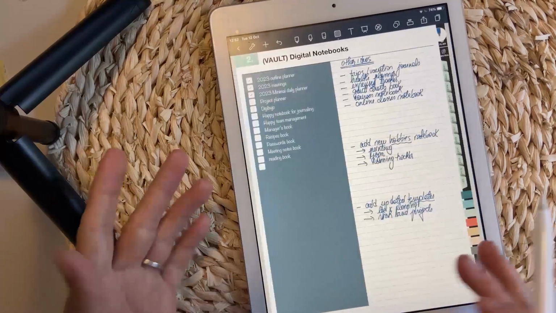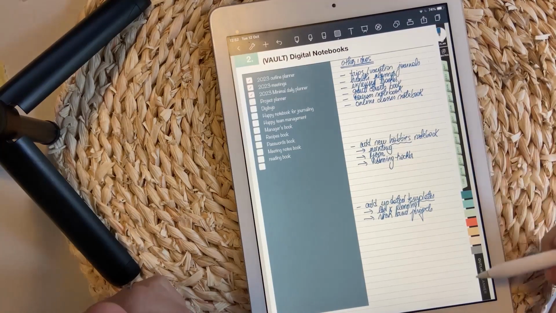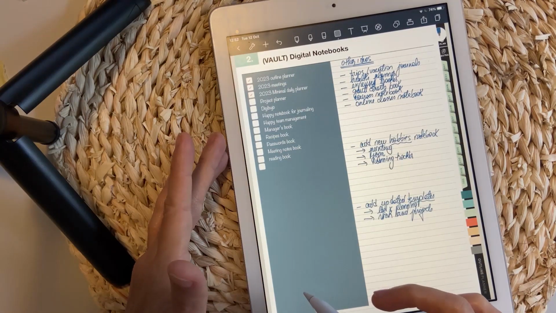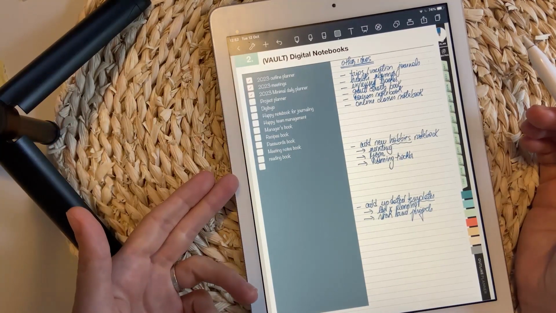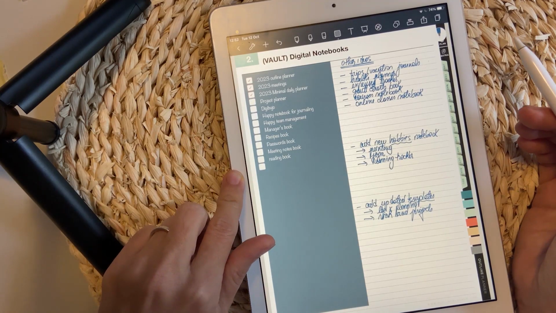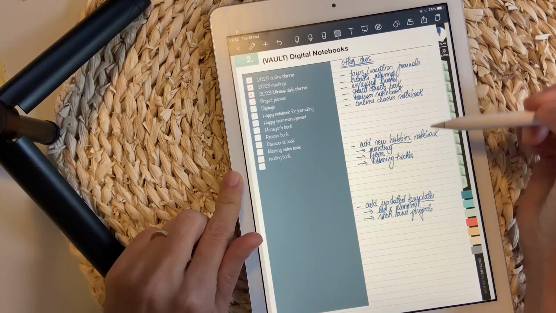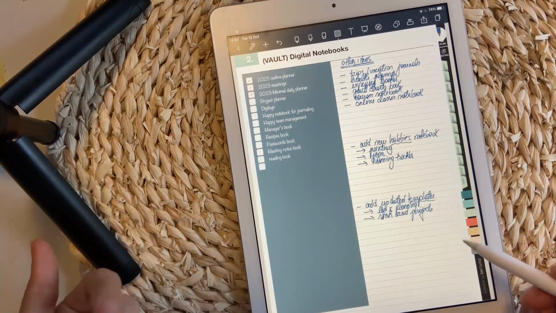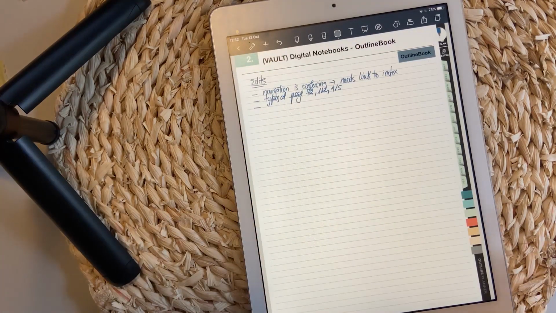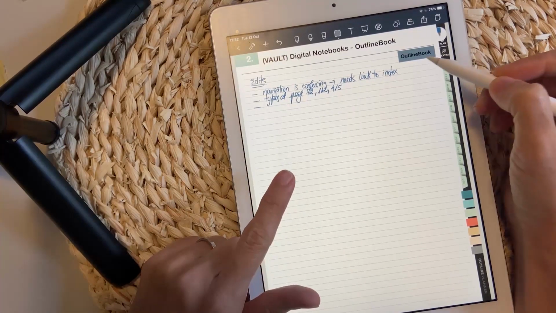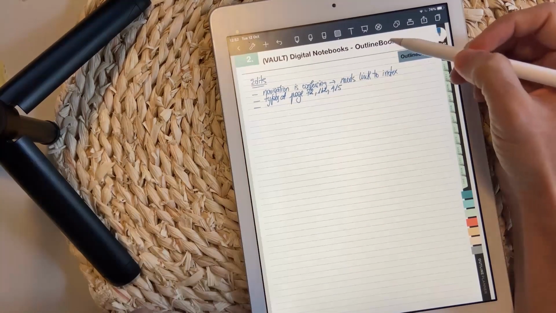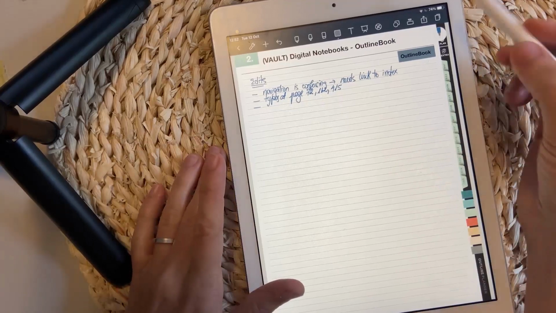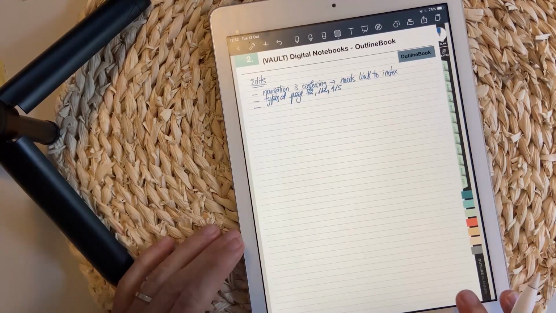Still on this section, I have used the following pages just as they were, simple notes pages, but I have added a checklist right here on the left side of the screen so I can track the notebooks I have at the moment and the ones I'm planning to do in the future, as well as some ideas about new life planning or hobbies and future templates. I have details for particular books. You see here the outline book, or also you see in the title, I'm going to capture some edits I need to complete for this particular product